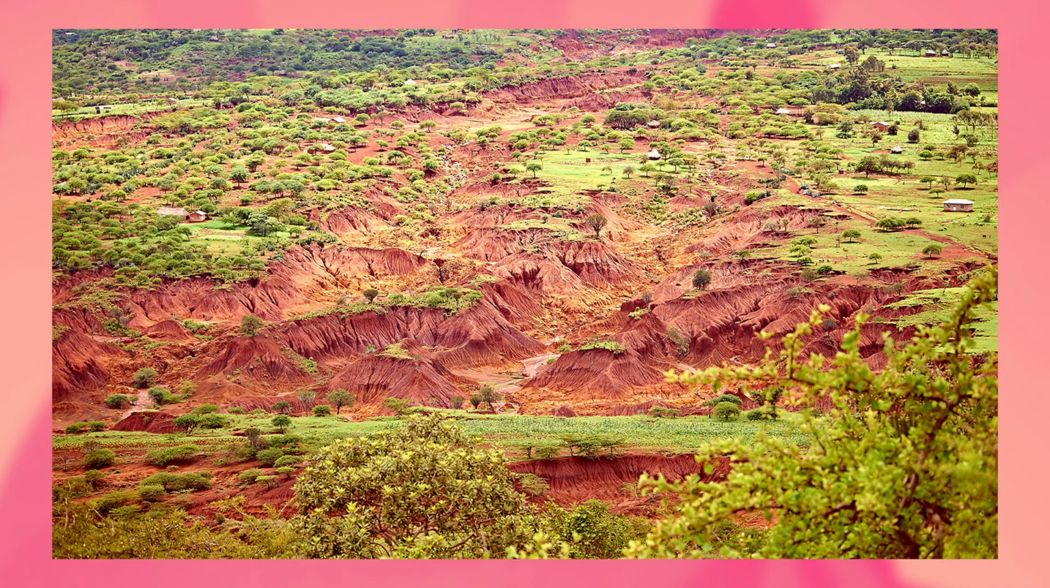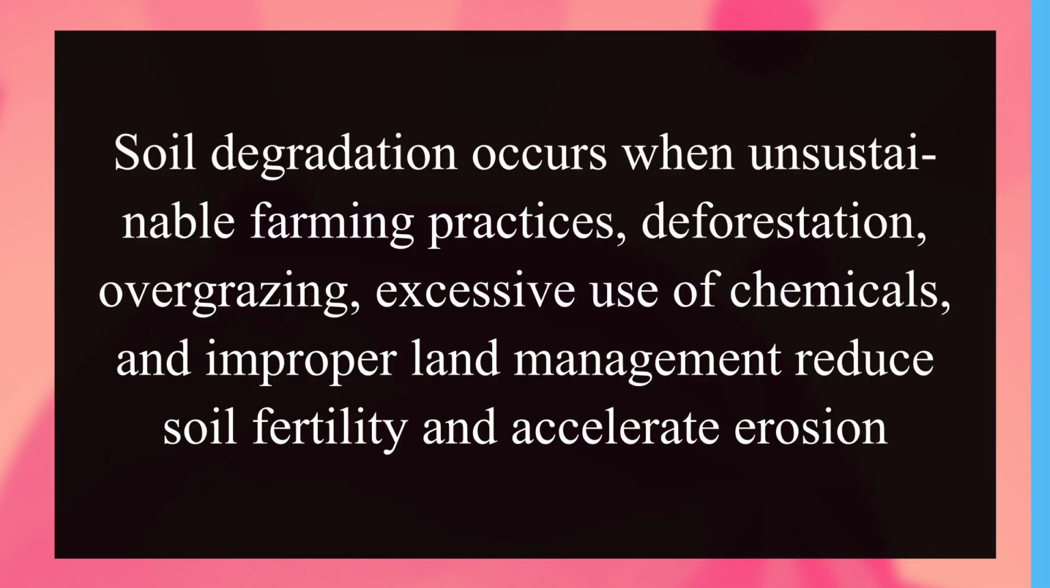Undoubtedly, soil is a living system essential for food production, water filtration, and carbon storage. But soil degradation undermines these functions, while desertification permanently reduces land productivity. This occurs when unsustainable farming practices, deforestation, overgrazing, excessive use of chemicals, and improper land management reduce soil fertility and